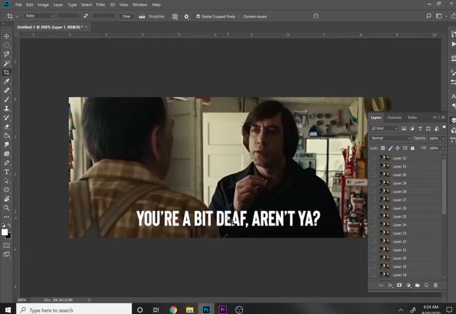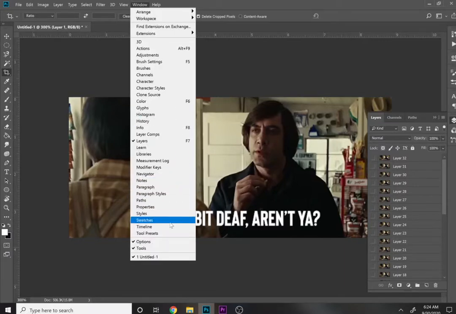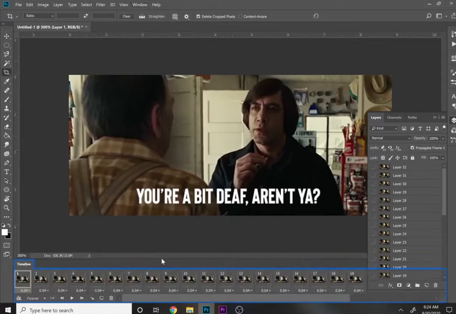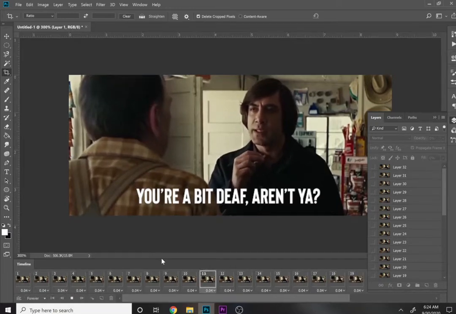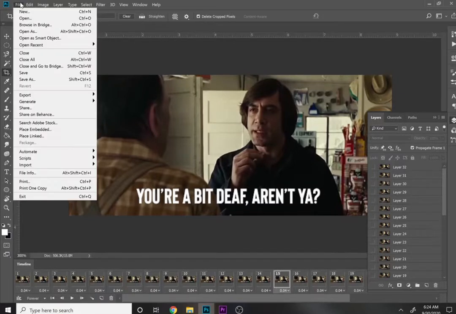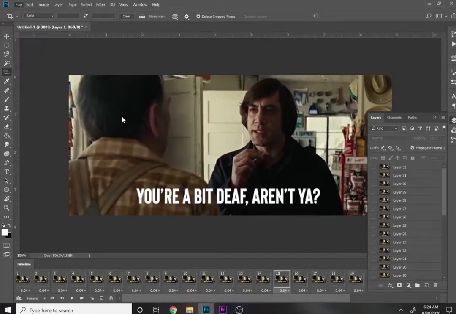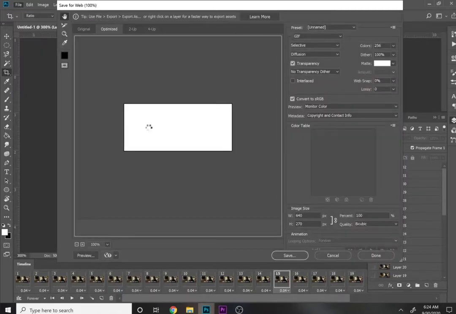Okay, cool. And then let's go to Window, press Timeline. And this little timeline will pop up, and you can press the space bar, and you can see that it's animating as it cycles through these. Now, even though it's going pretty slow, it should be pretty much the same frame rate once we export it. So let's go to File, Export, find Save for Web Legacy,